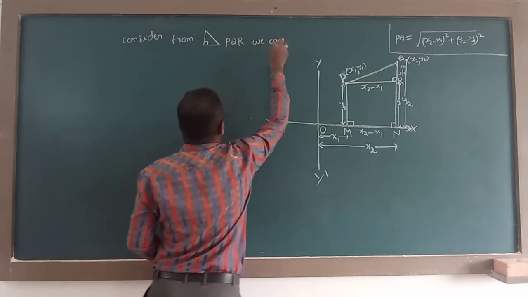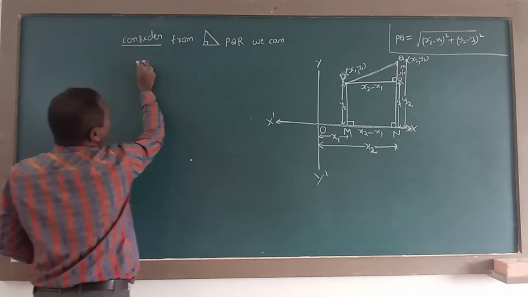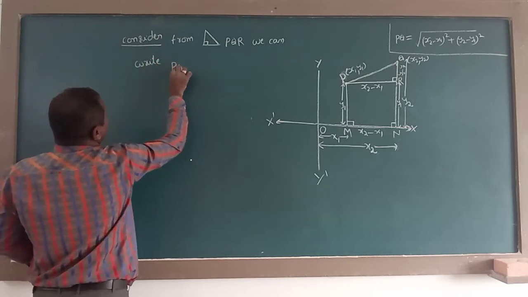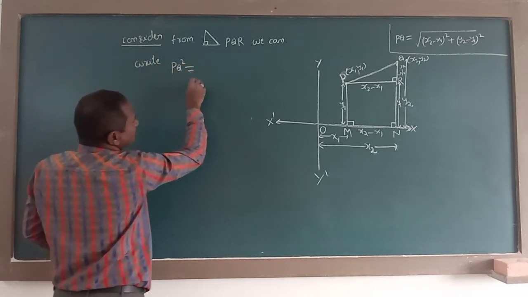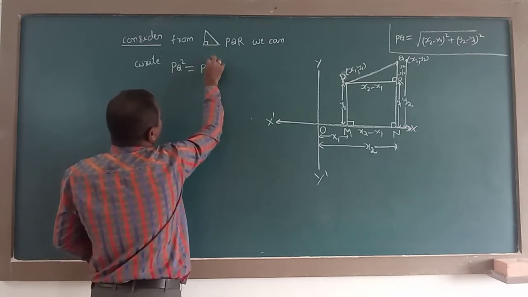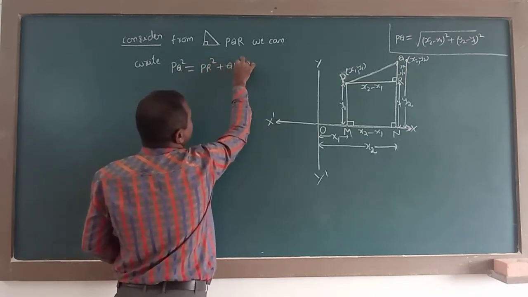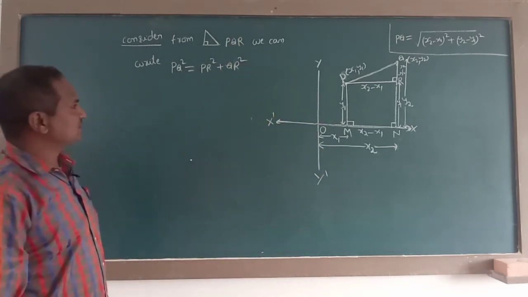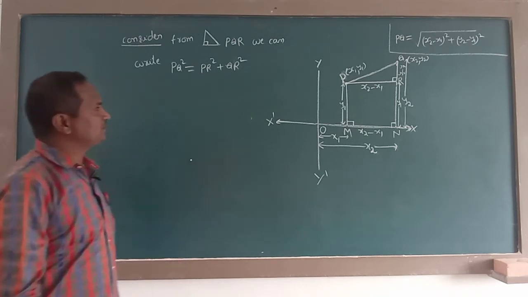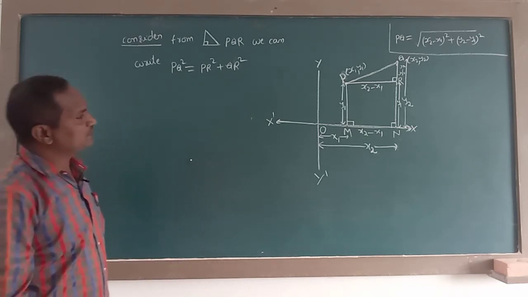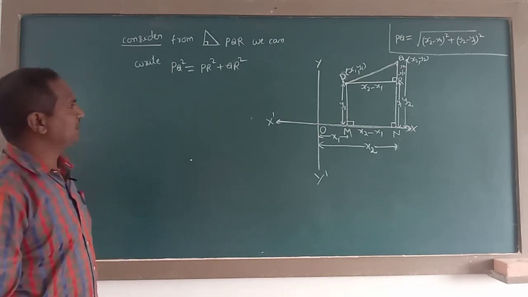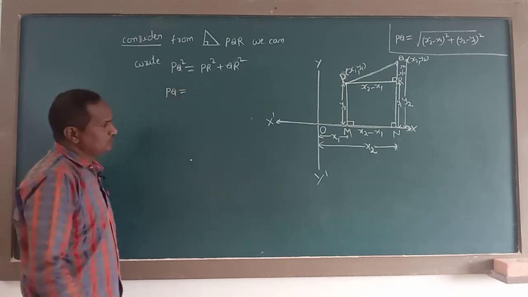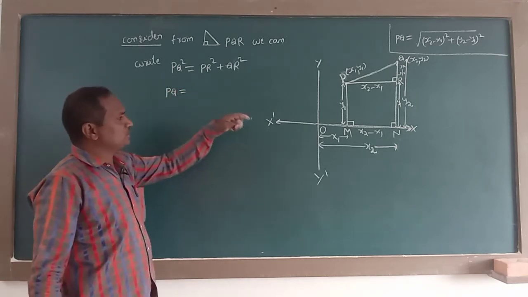We can write PQ square is equal to PR square plus QR square. That is, PQ is equal to